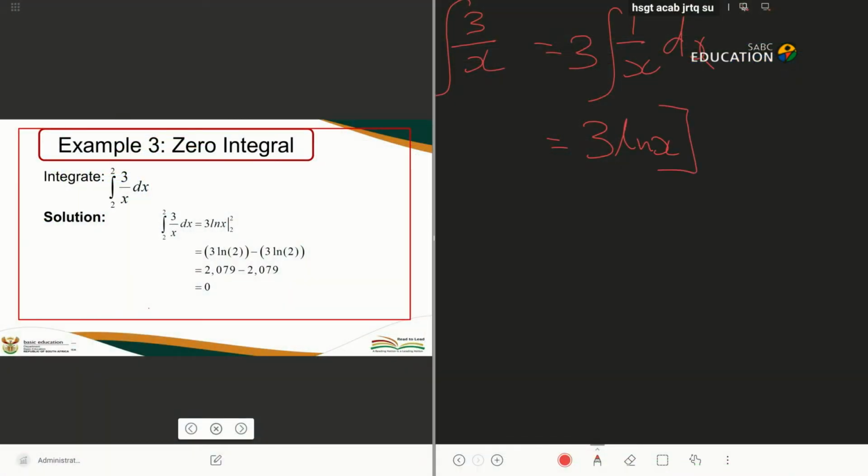where our limits are 2 and 2. Then if we apply the rule, this is going to be 3 ln of 2 minus 3 ln of 2. You can even use your calculator. If you are not really sure, you could say that this should be 3 multiplied by your ln function,